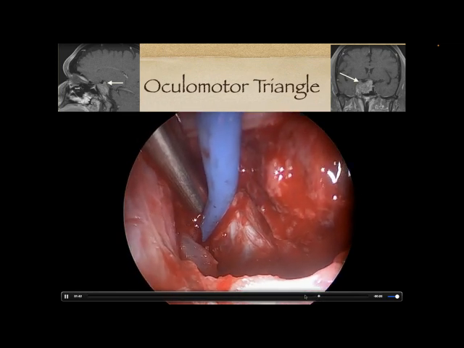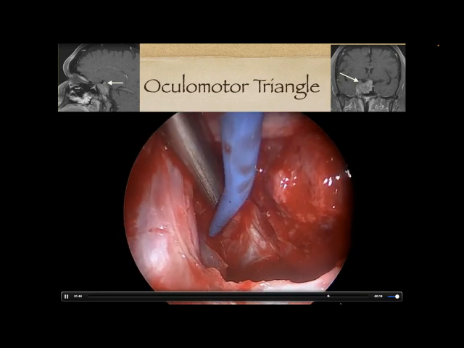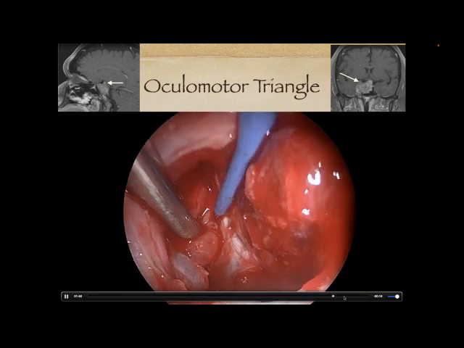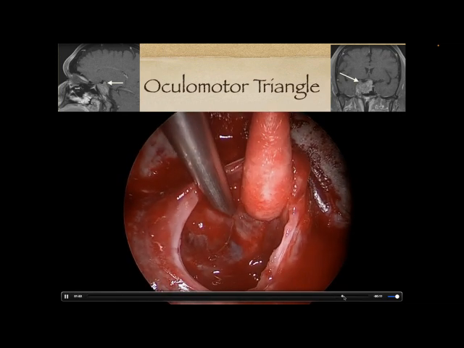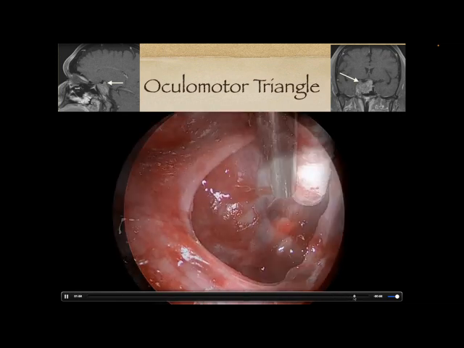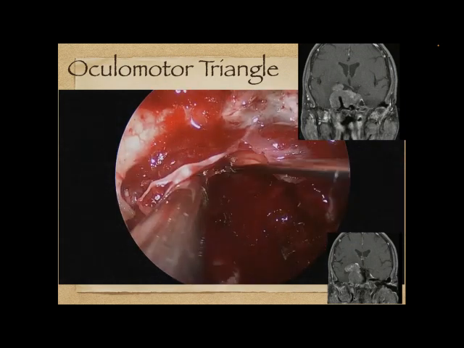And so here you can see just dissecting and stimulating, and that little bubble of tumor pooching through there has been completely removed. And even though this invaded that area around the oculomotor nerve, we can actually get a complete removal of it in this situation. Even very large tumors like this going through the oculomotor triangle,